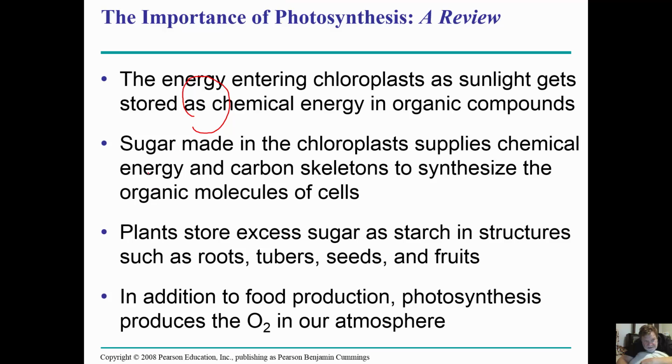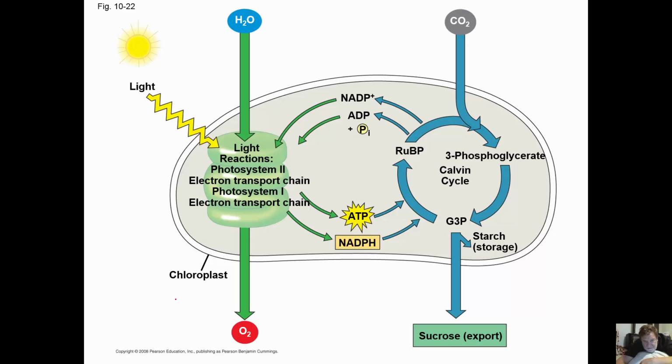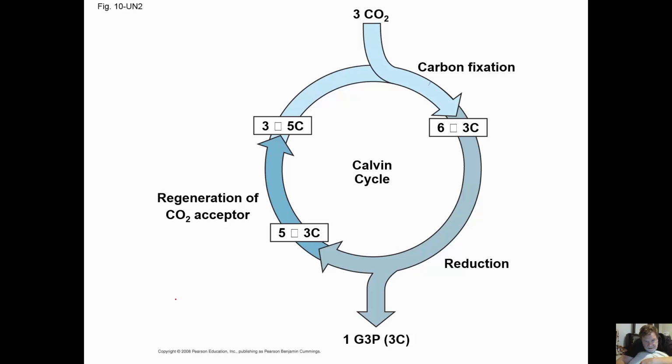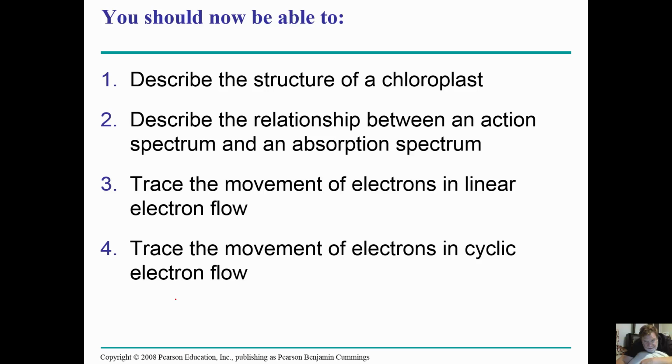Importance of photosynthesis, basically a review. The energy entering the chloroplast as sunlight gets stored as chemical energy in organic compounds. Sugar made by the chloroplast supplies chemical energy and carbon skeletons to synthesize organic molecules of cells. Plants store excess sugar as starch in structures such as roots, tubers, seeds, and fruits. In addition to food production, photosynthesis produces oxygen